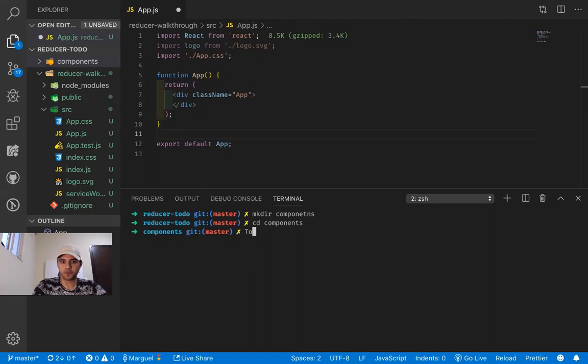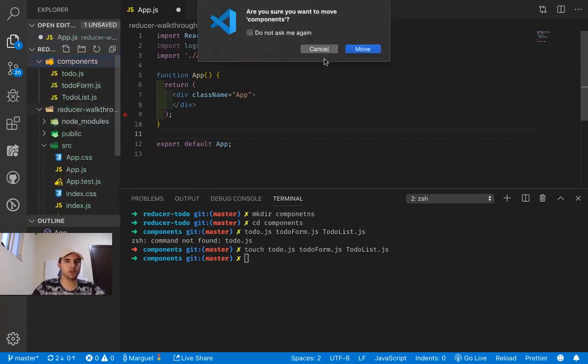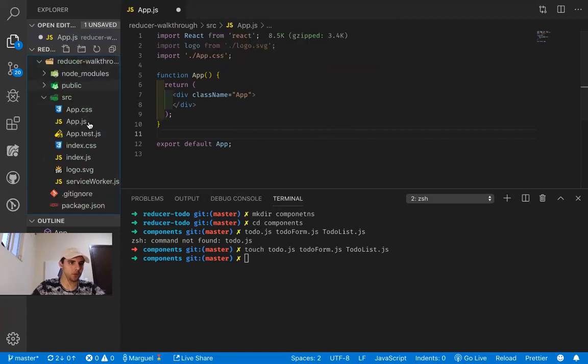So let's create a to-do.js. I'm going to create a to-do form.js and a to-do list.js. Okay, great. And I was missing one command. So touch. Right? And now those should be the components, and I didn't go into the right folder, so